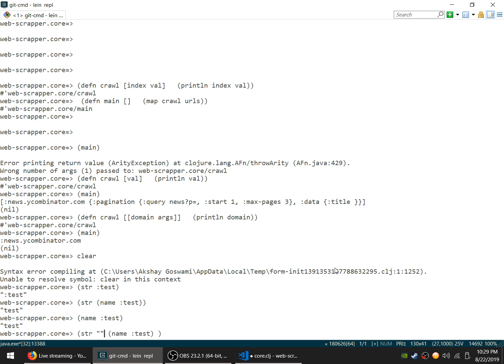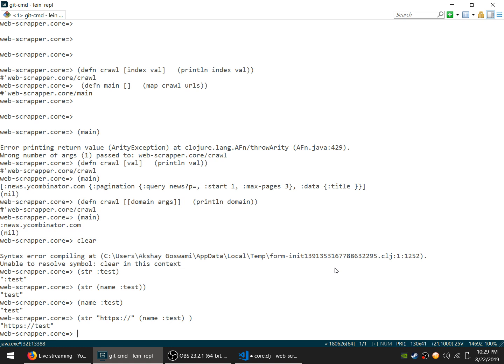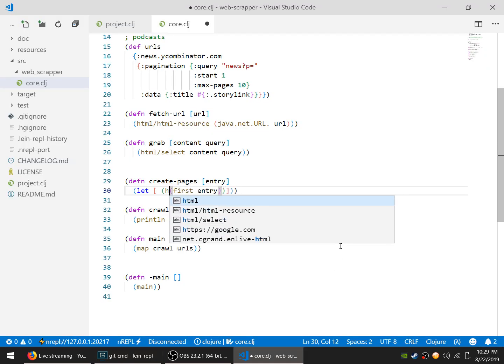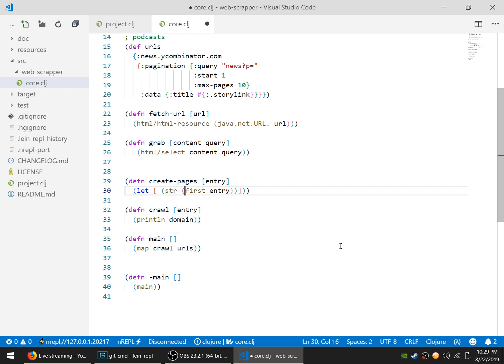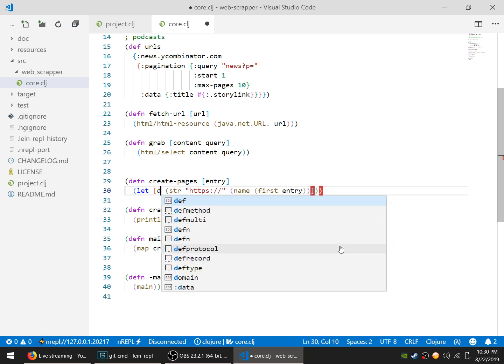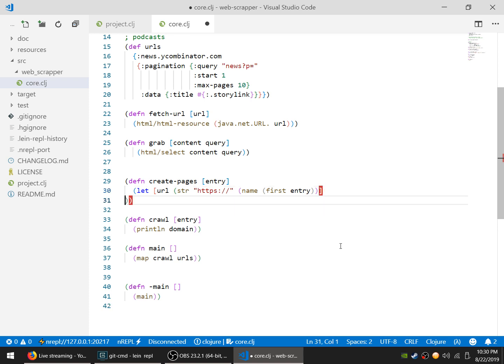So we also want to use a protocol HTTP. Yes, so now we get the domain name, str and protocol HTTPS. Yes, and do we want to add a backslash? Not yet, not yet. And we will call convert it to name, and domain URL, let's call it URL, and